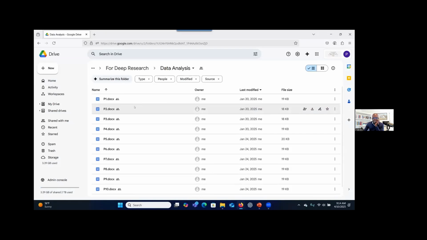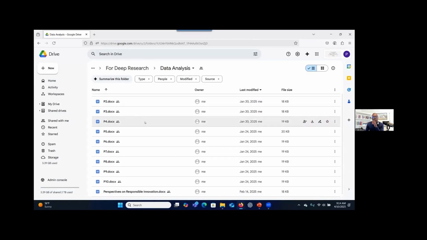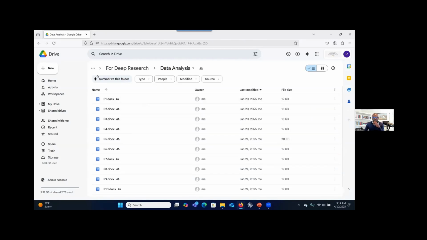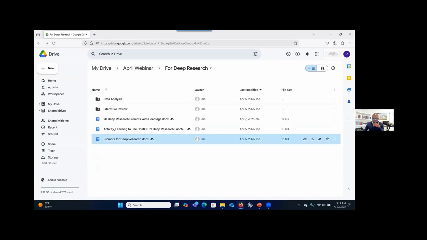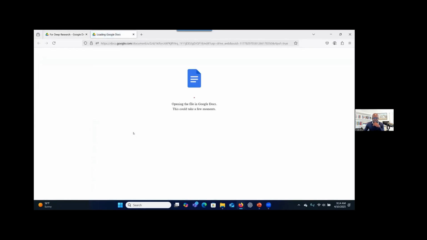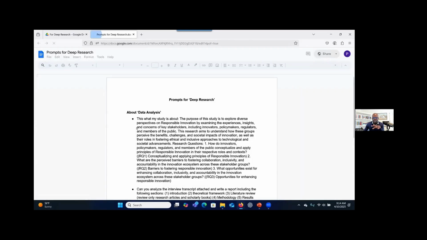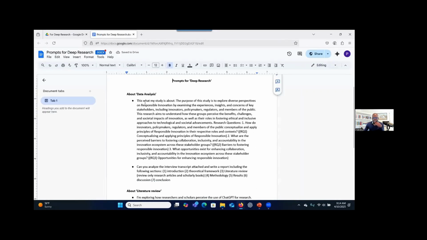I have 10 interview transcripts, and I want the system to review all the interview transcripts and then write a report and also integrate literature as it's writing the report for me. And let me see what I can get as I open this one. So if you open the prompts for deep research, you can see that I have the prompt that I'm going to use, right? As you can see here,